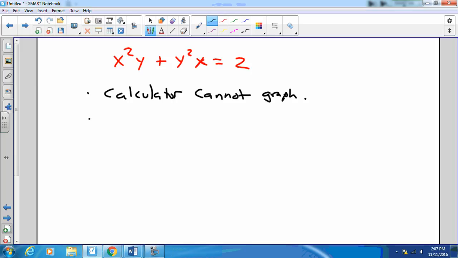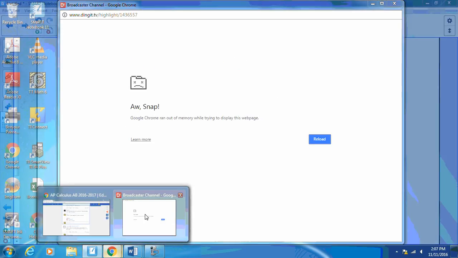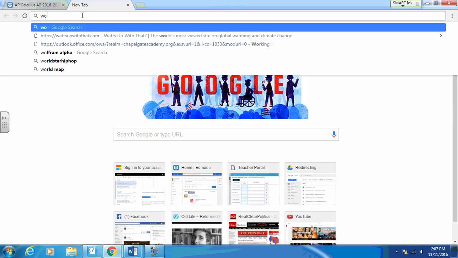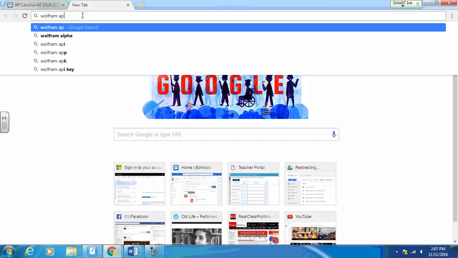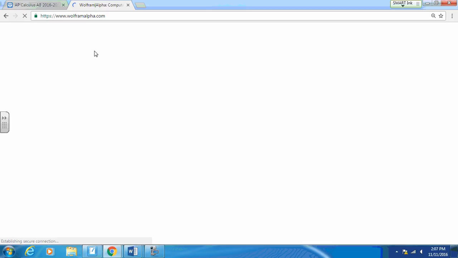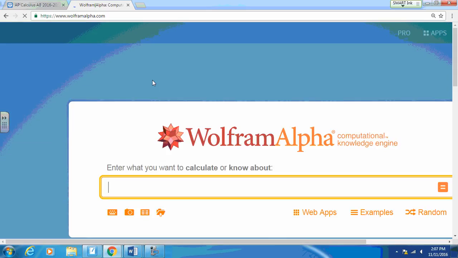However, there is a website that does do graphs for you, and I'd like to show you that website for just a moment. It has a paid portal, but it also has a free portal. And so the free portal allows you to graph. Wolfram Alpha. And if I pull up the free portal right here, and I ask it to graph the relation,